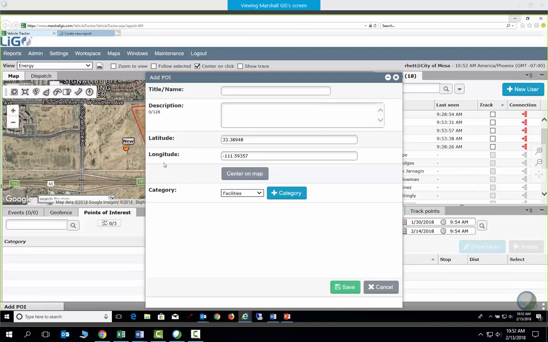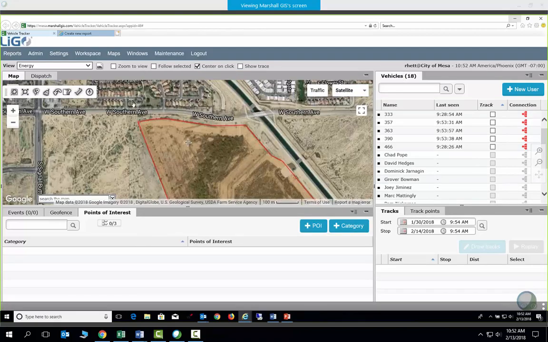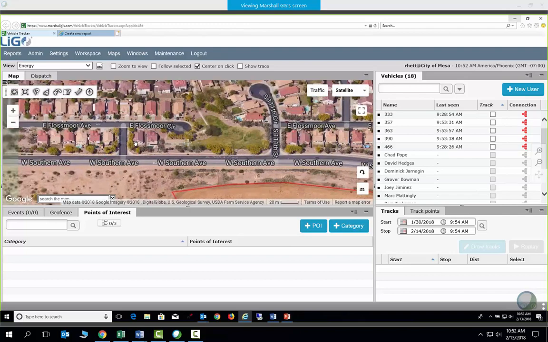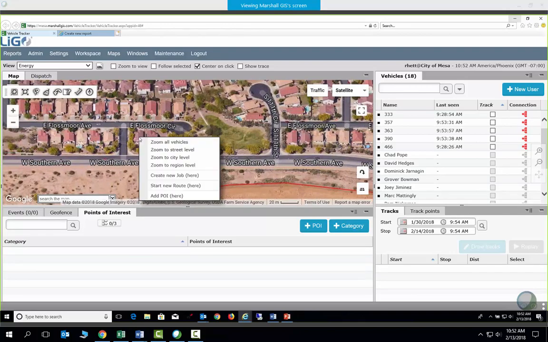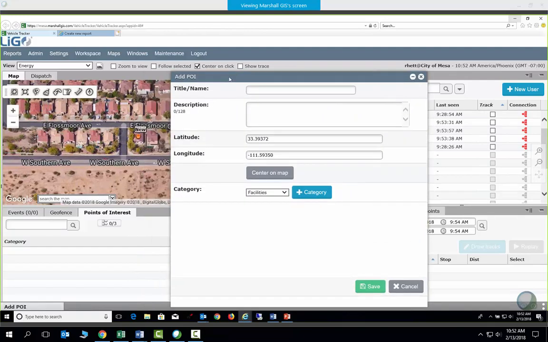I could adjust this, so there are ways to adjust it. Wherever you click, if you decide that's not the right location, you can always hit cancel. Then I could zoom in a little bit closer and go add POI that way, for example,